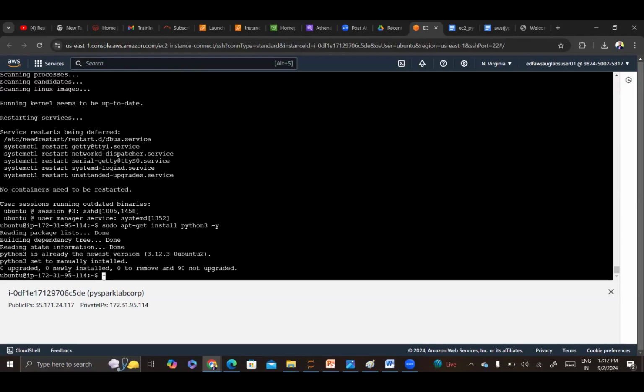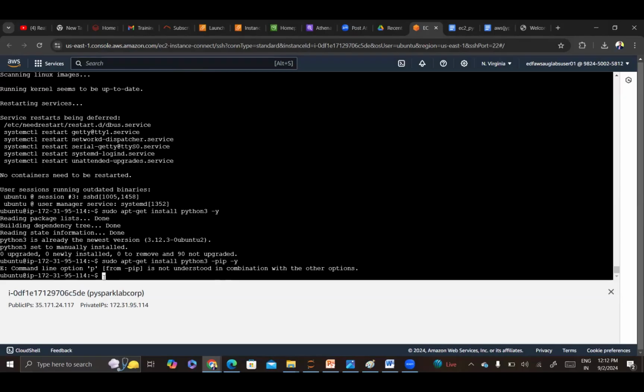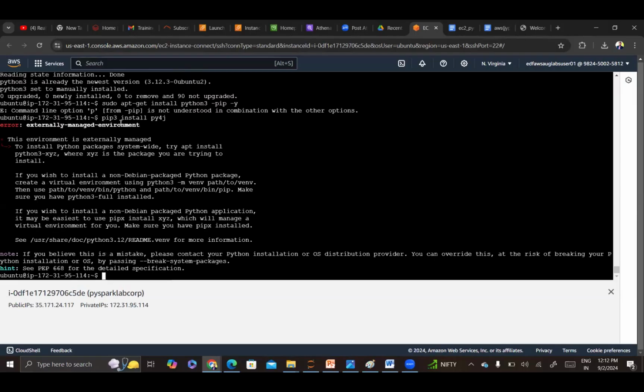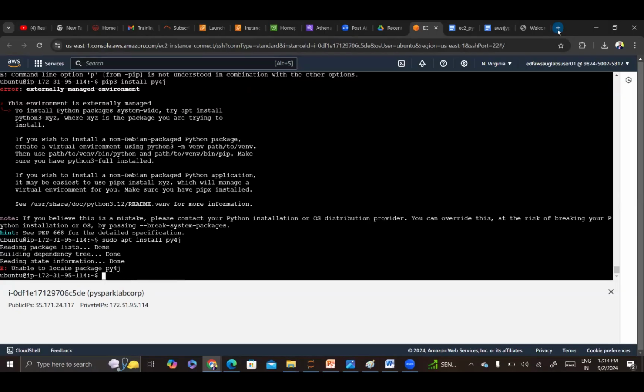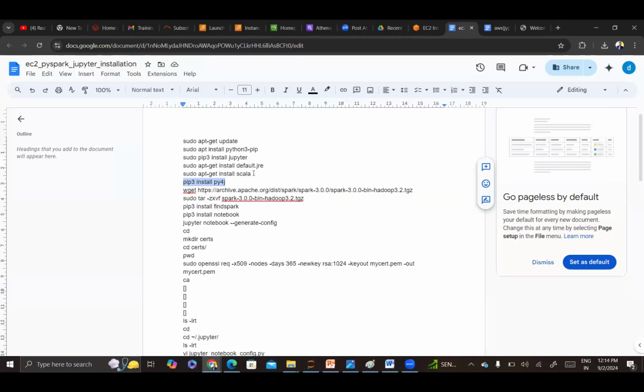Then Python 3 pip is also there, but again, let me check. Python already installed. Now let me check pip3 install. Let me check the way we have installed this. Let me install the other one, then have a look. Why is it not getting installed? Now, these are the dependencies. Py4j still has to be done, but